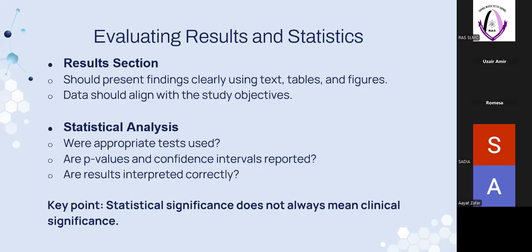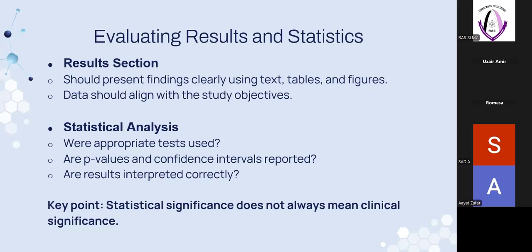Now, there's an important point here. Statistically significant does not always mean clinically significant. Why is it important? Although it is not important on a literature basis, it is important in our clinical life. Let's say we want to treat hypertension or any disease, and there is a new drug in the market with different research articles attached to it. The pharmaceutical company approaches me and asks me to use their drug for the treatment of the disease. As a doctor, it is my job to study the results of that specific drug before introducing it to my patients. So it is important that I observe the statistical significance and clinical significance.